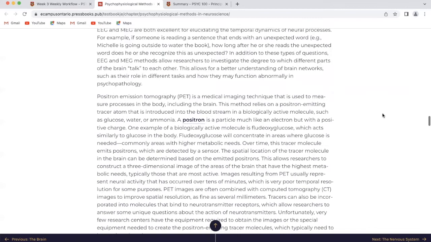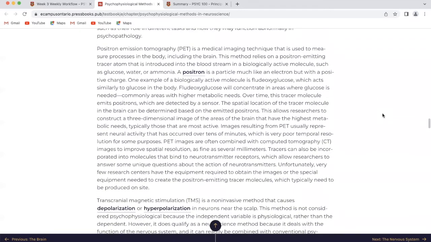Positron emission tomography, or PET, is a medical imaging technique that is used to measure processes in the body, including the brain. This method relies on a positron-emitting tracer atom that is introduced into the bloodstream in a biologically active molecule such as glucose, water, or ammonia. A positron is a particle much like an electron, but with a positive charge. One example of a biologically active molecule is